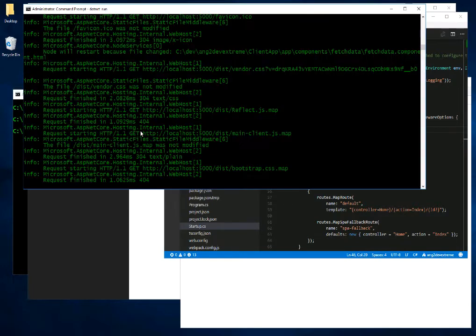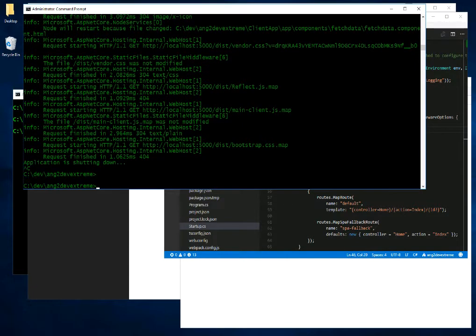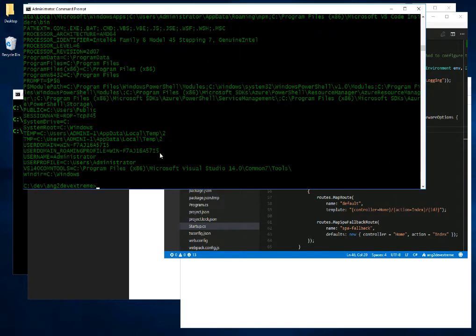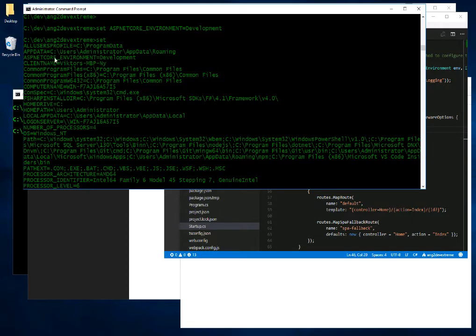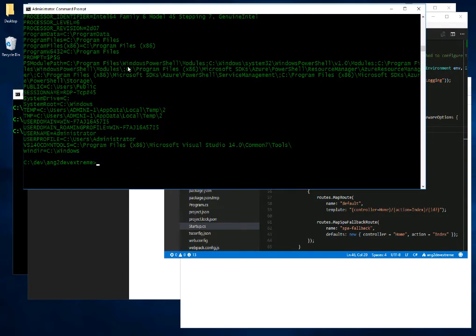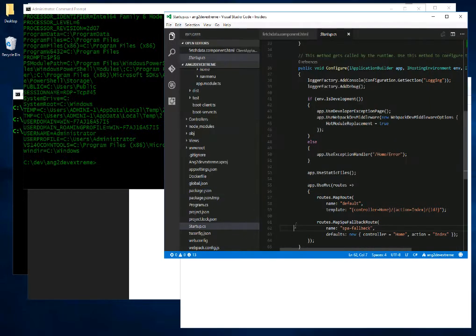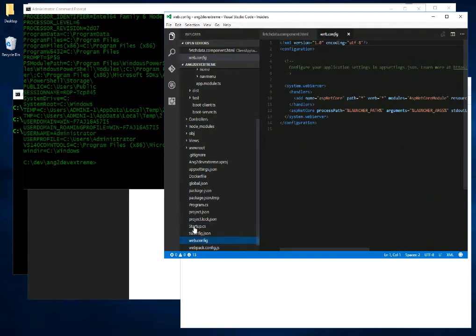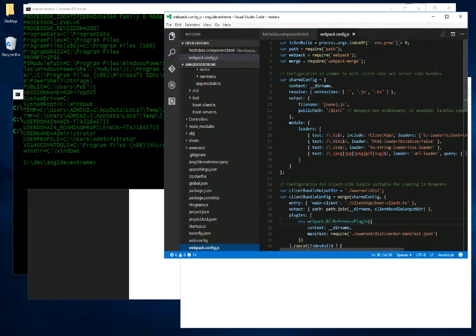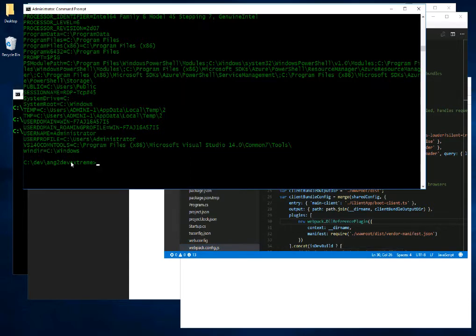We see that if we are in development mode, then we will use the Webpack middleware with hot module replacement. So we will just stop .NET, and we will set the ASP.NET Core environment variable to development, like this, set ASPNETCORE_ENVIRONMENT development. And if we look at the set variables, we see that we have it set here. Then we need to build with Webpack again, because Webpack depends on this also. It checks if we have the webpack config, it checks if we are in environment, have the environment variable to production or development. So I will just do a webpack